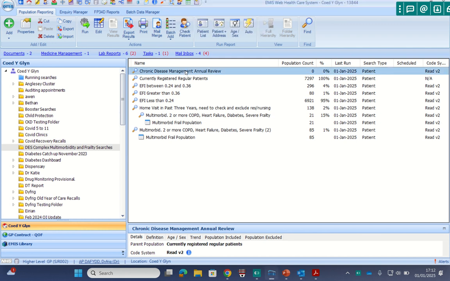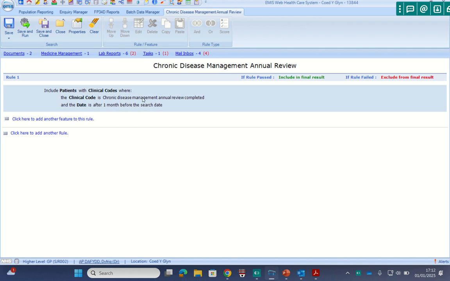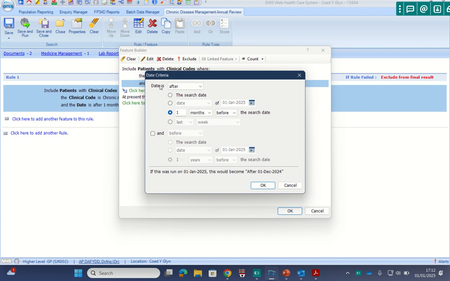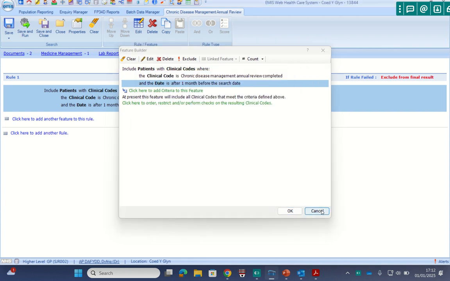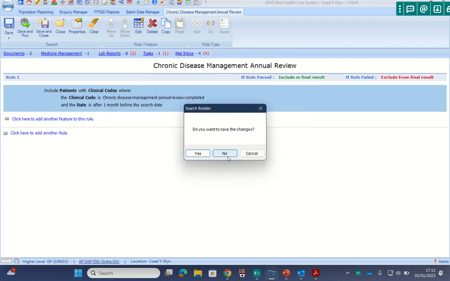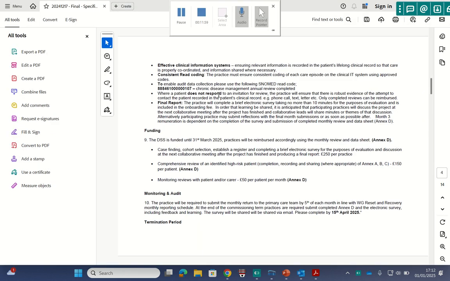So we just do a search for Chronic Disease Management Annual Review. I would look for the one done in the last month. I mean, you can just change the date to be between the dates you want to make the claims for. I was really the only one wanting to mention that because whoever's designed this, I like the enhanced service. I suspect it must have been perhaps copied from